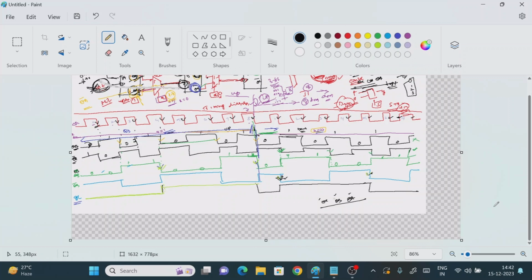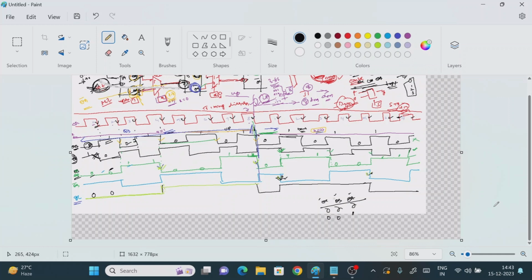See, what is the QA value here? The value is 0. What is the QB value? First, before starting the clock pulse, we need to consider the output value, right? Don't consider the QA bar, just neglect that. Next go to QB. What is the value here? 0. What is the QC value? 0. After that, for the next clock pulse, what is the QA value? It is 1. What is the QB value? Don't consider QA bar. QB value is 0. Next, what is the QC value? It is 0.